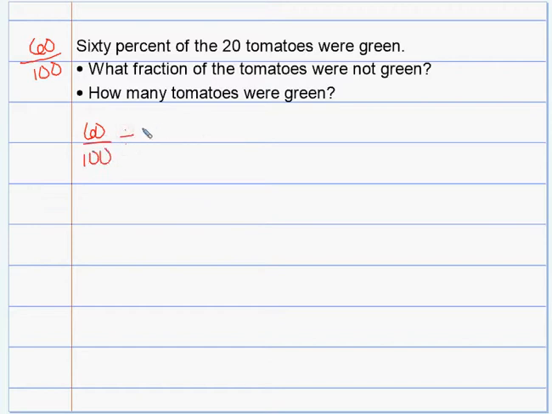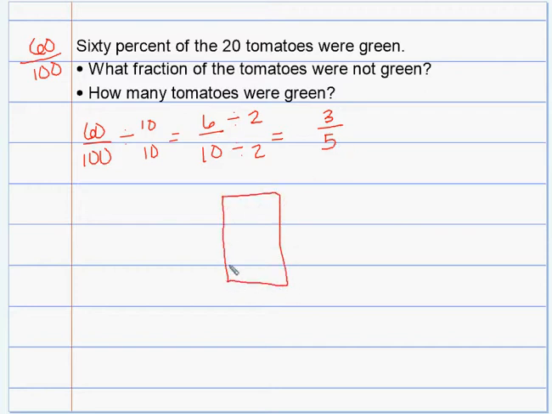I can divide both of those by 10, getting 6/10, and then I can draw 10 boxes. Or if you notice, there's still a factor in common. 6 has 2 as a factor, and so does 10. So this would reduce to 3/5. Now I know I need to draw 5 boxes. 1, 2, 3, 4, 5 boxes. And I'm going to make a note over here that 3 out of the 5